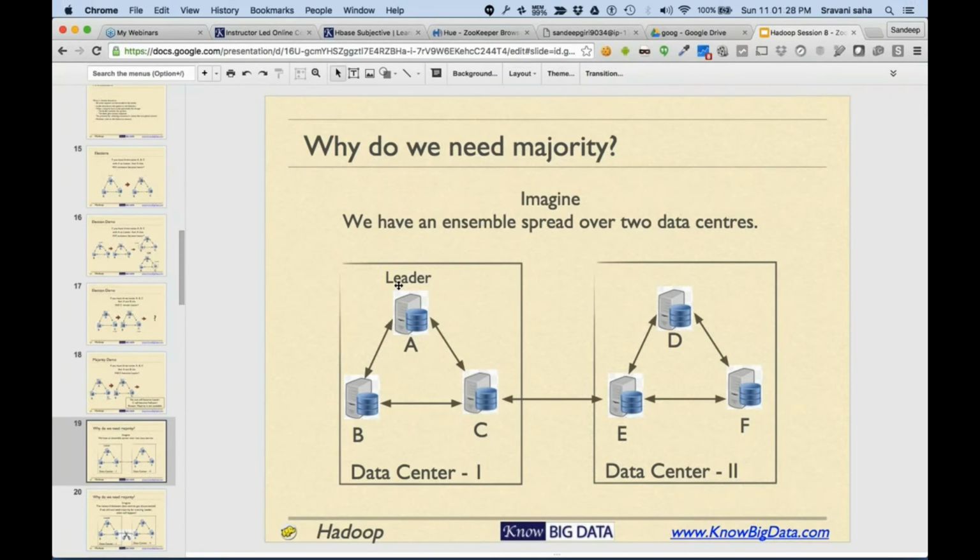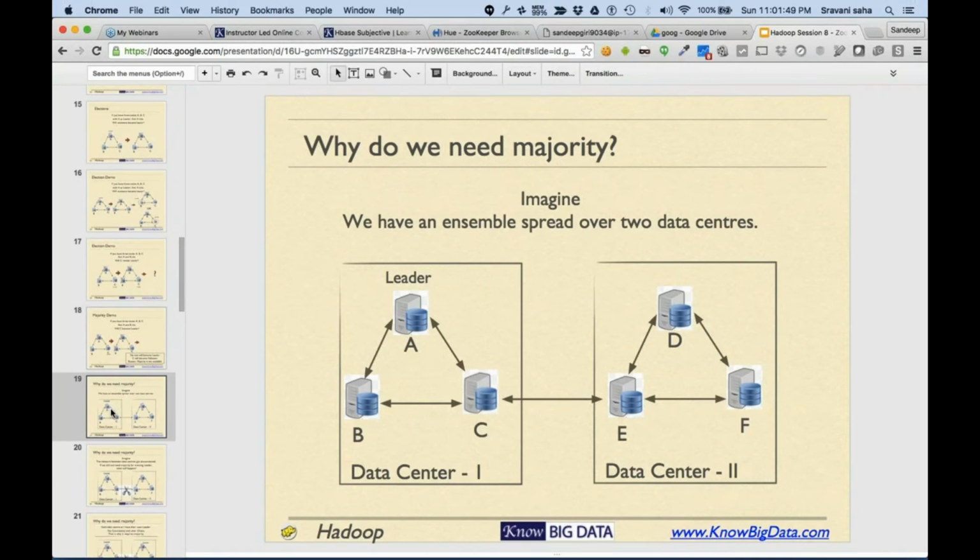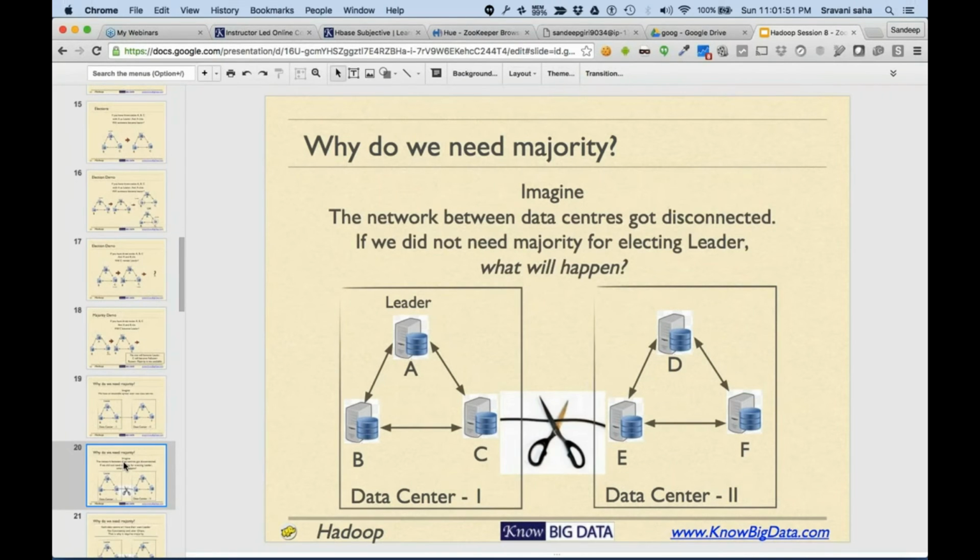B, C, D, E, F are all followers and serving all the read requests while the changes are being forwarded to A. Any change that comes to D is forwarded to A, and so on. So everybody is forwarding the write request to A and they are serving the read requests happily. Now, something strange happens in the network, and the connectivity between data center 1 and data center 2 is